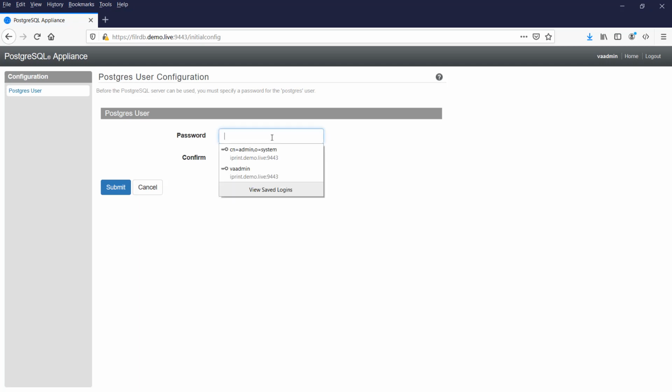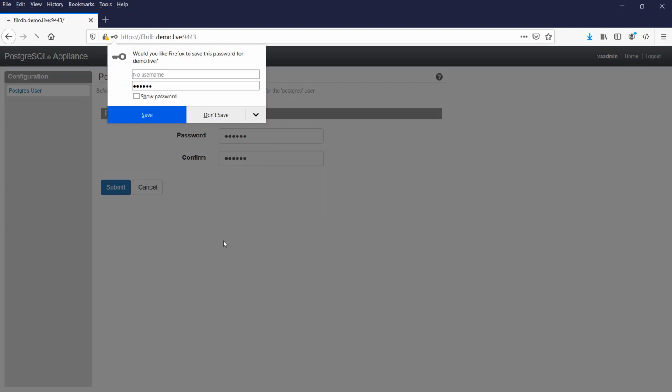and we get prompted for what password do we want our Postgres user, the master user, to use. So enter in a password here. Do remember it, please, because sometimes you'll need it in the future. And then we just click on submit,